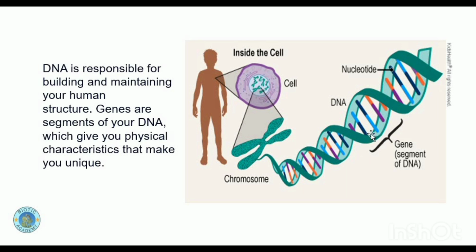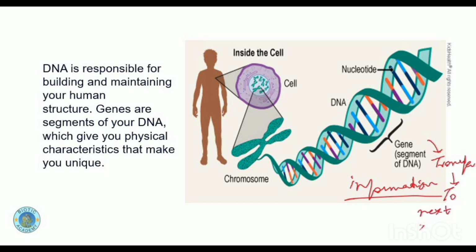that these genes have the information related to the organisms, and these organisms always produce young ones of the same kind, because these genes are transferred to the next generation in the process of reproduction. In the process of reproduction, we basically have gametes, which are composed of these DNA molecules, these genes, and these genes in the form of haploid gametes transfer to the next generation, and that is the reason every organism produces young ones of their same species.